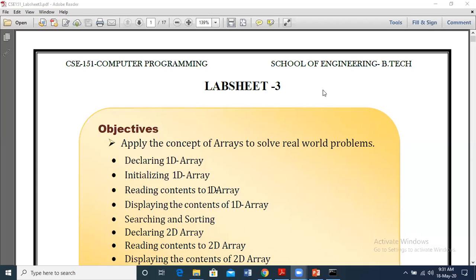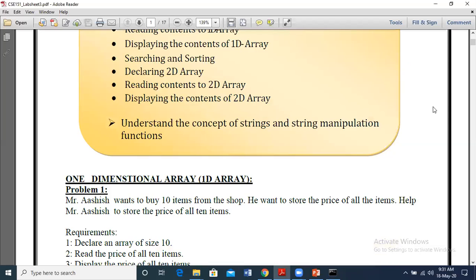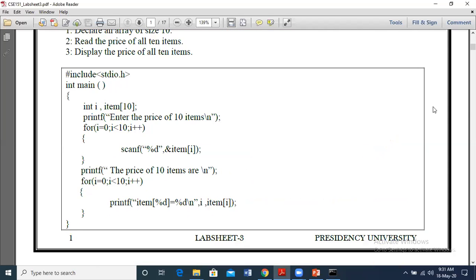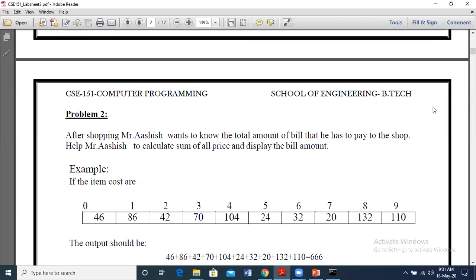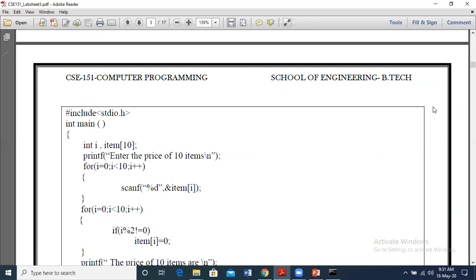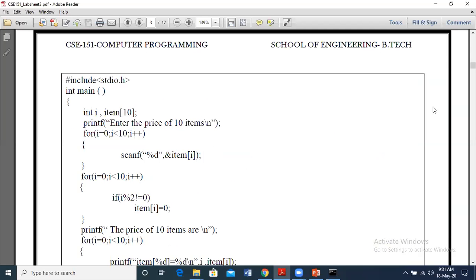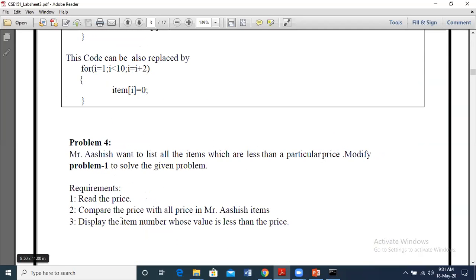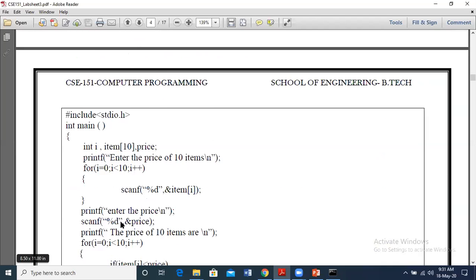In it we have one dimensional array, two dimensional array and strings, right? Here we have discussed starting from basic concepts of array, what is an array, and then one dimensional, both the types, two dimensional, certain operations on the array like input output basically to start with, and then some arithmetic operations, relational operators like comparisons. So we are comparing if it is odd or even index, and then we are comparing the value of the array with a particular price. So these are all one dimensional.